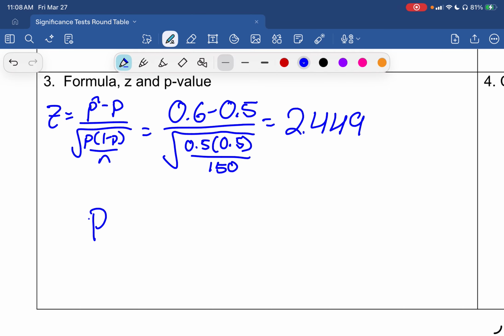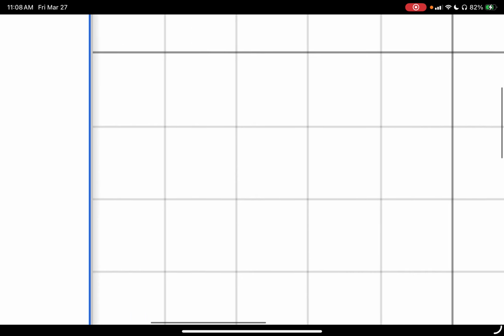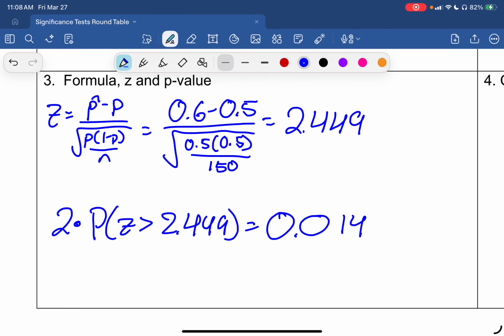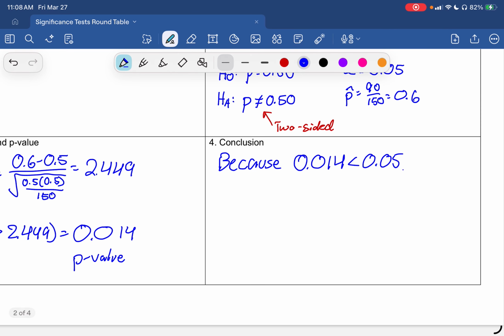So we would do 2 times the probability of z being greater than 2.449, which is 0.014. That's our p-value. And now we make that conclusion: because our p-value is less than our alpha value, we will reject the null,